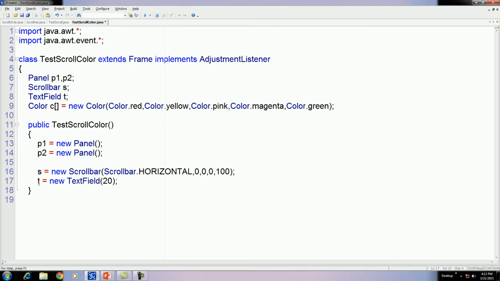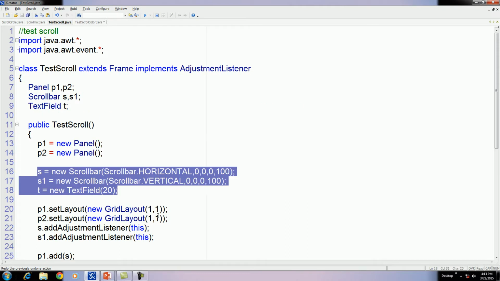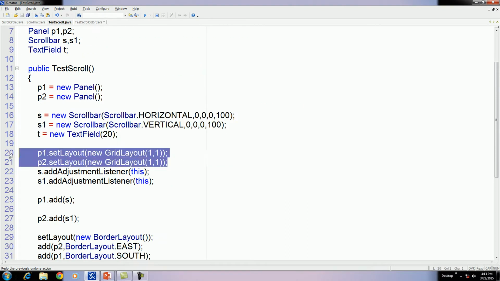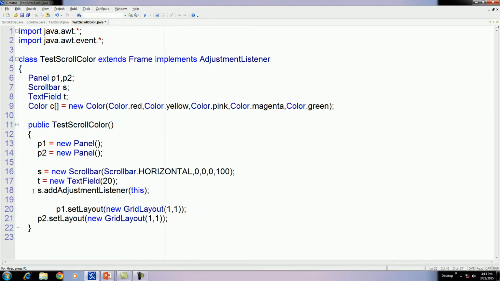Now assign a listener to the scroll. Okay, and here also we want to set a layout. Now add the controls to the panel. Add text for the text field.